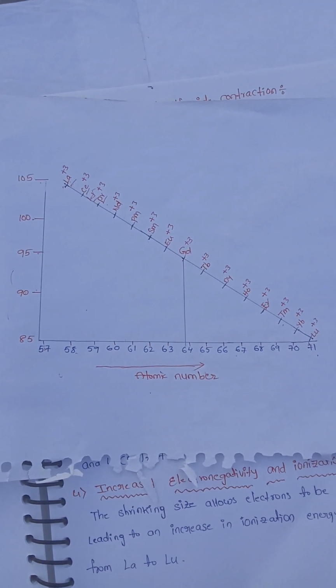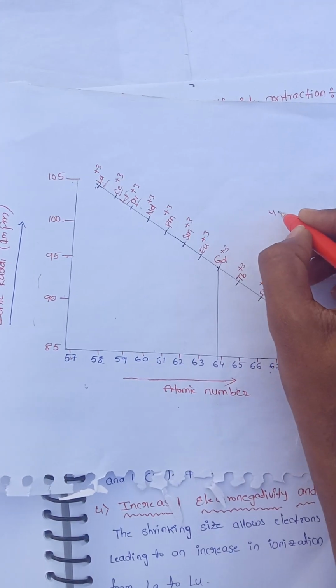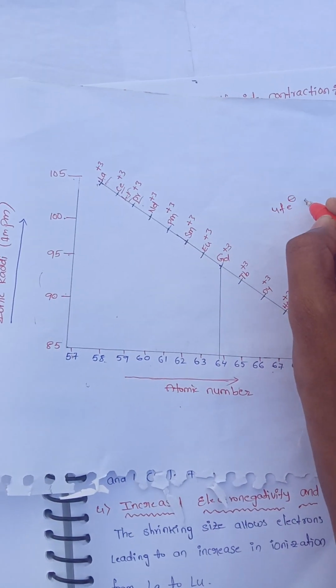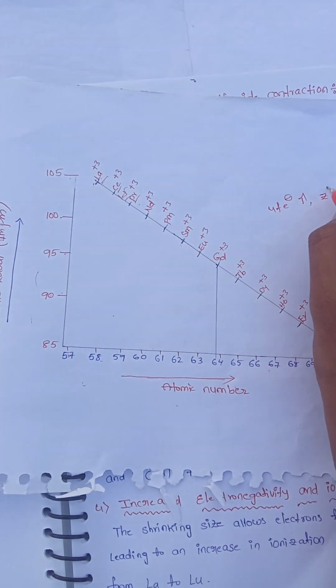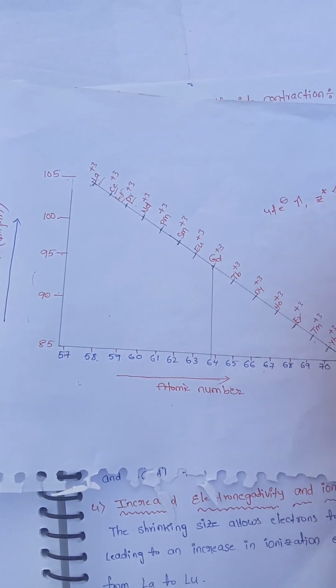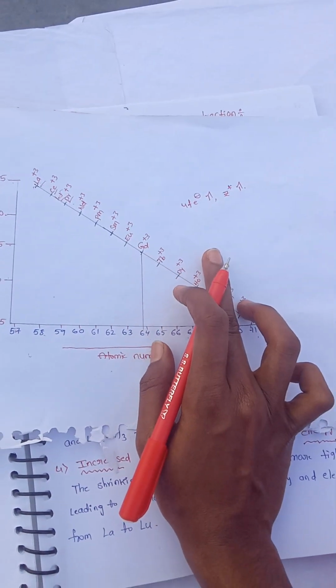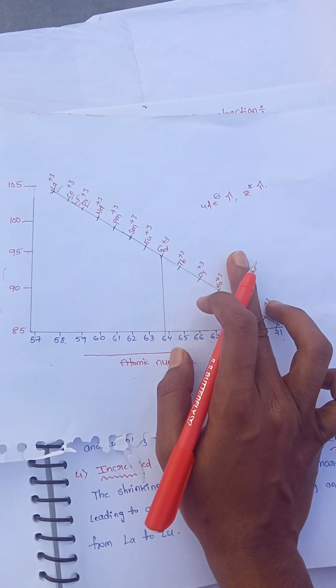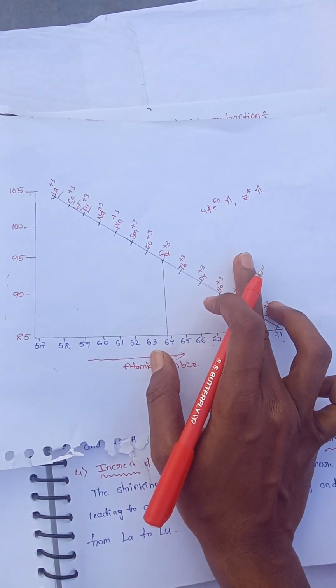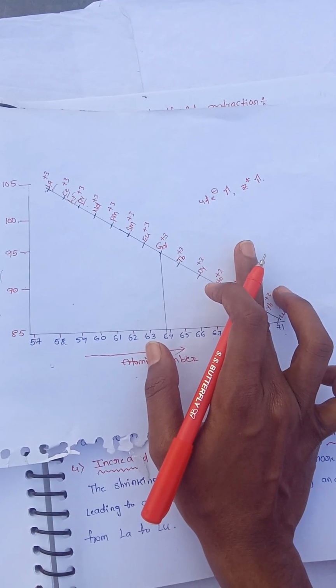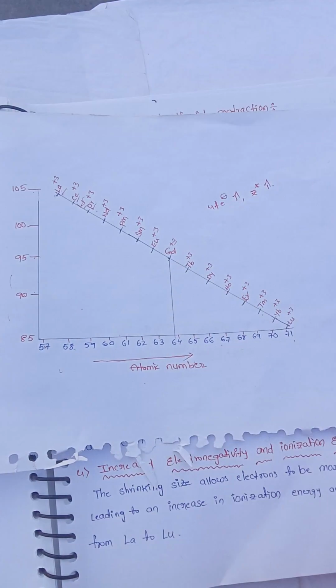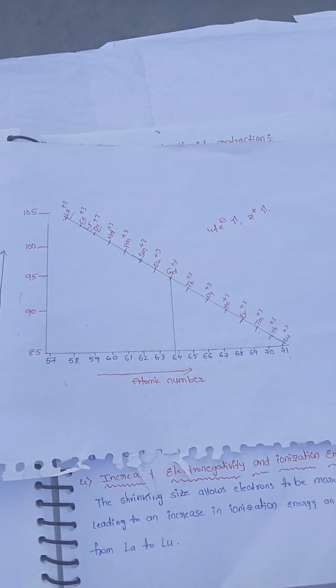So when 4f electrons increase, Z star, that means the effective nuclear charge, also increases. Effective nuclear charge also increases. So what I am saying here is, due to lanthanide contraction,